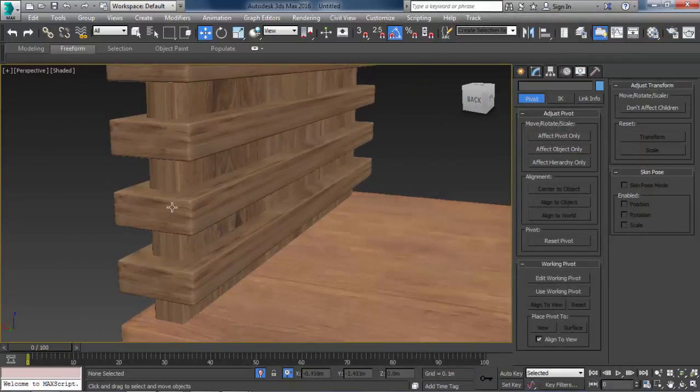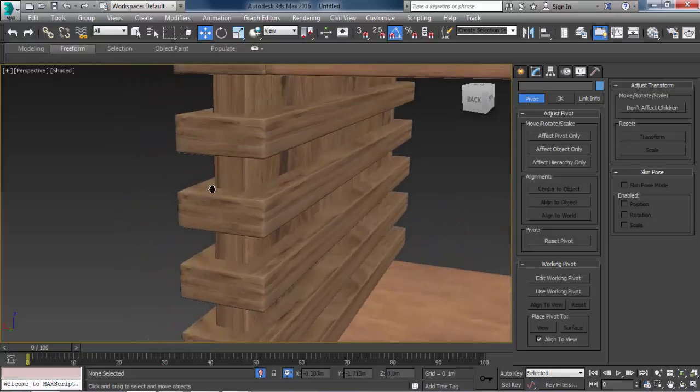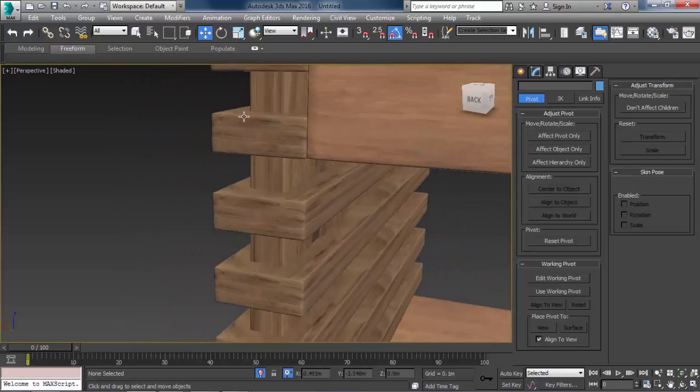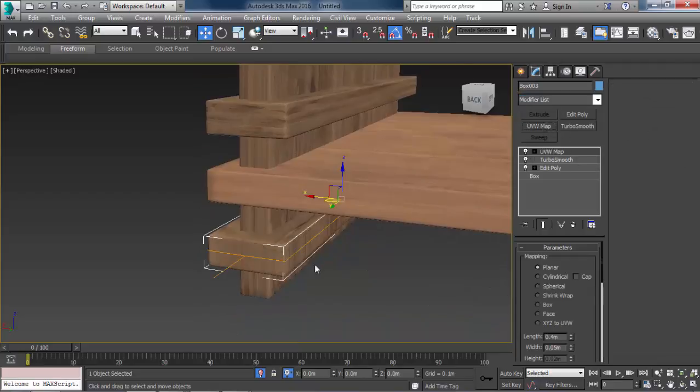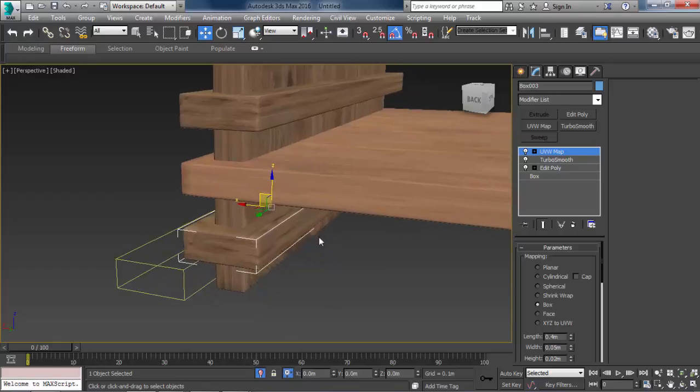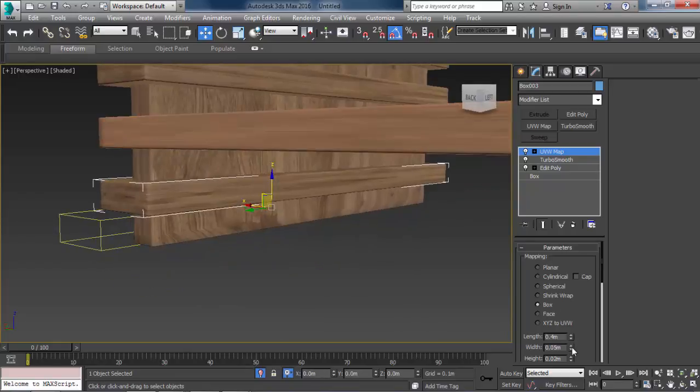Good. As you can see, this is very repetitive. We don't want this, so we will apply a UVW map for each and every one of them. The box. I will just move the box randomly for each one.